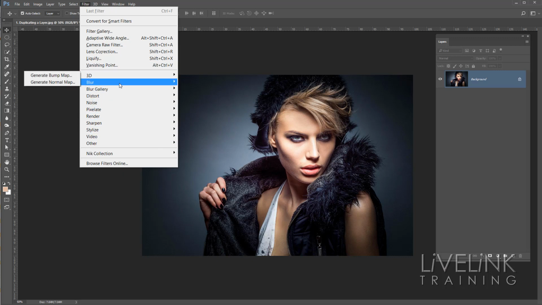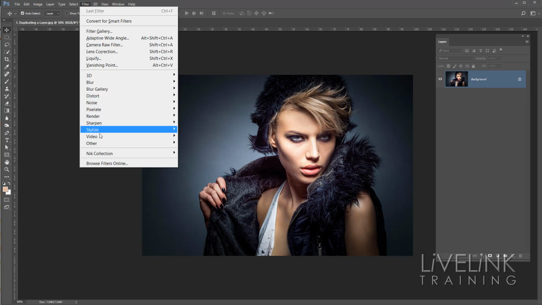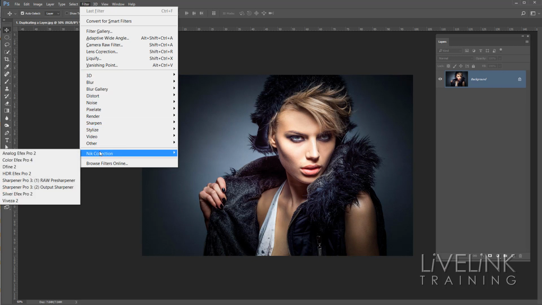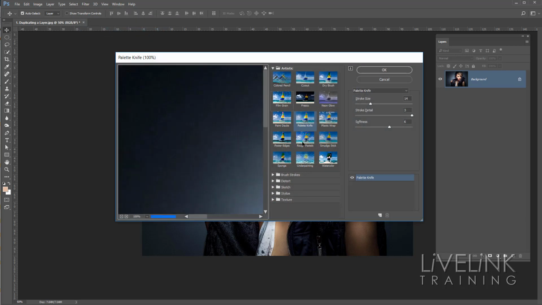So we've got the 3D filter and we've got the blur filters, which are very popular. And down at the bottom we've an area that you can add on third-party filters that you load into Photoshop. Now there is also the filter gallery, and this is a whole gallery of all different filters that you can apply to your images. So if I click on filter gallery, it brings up the filter gallery dialog, which is